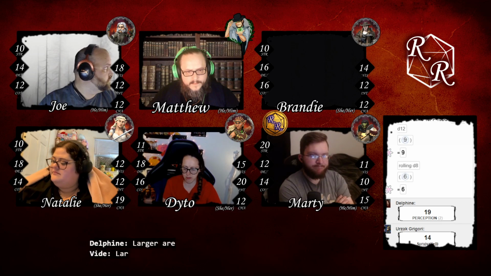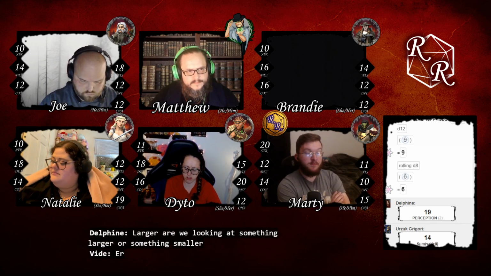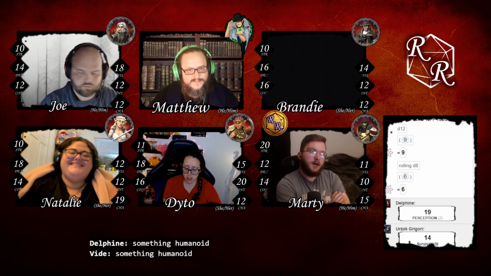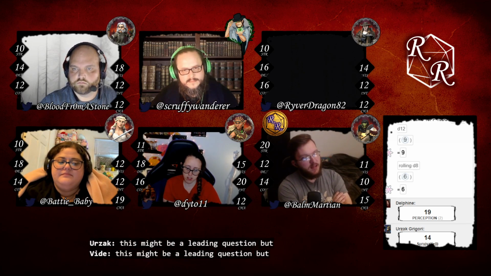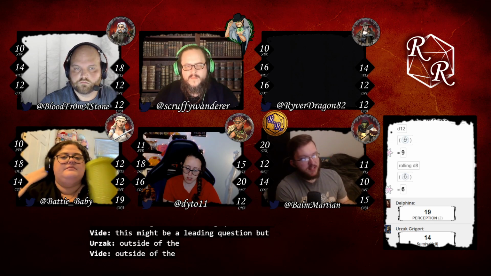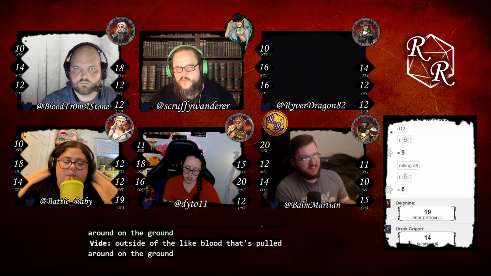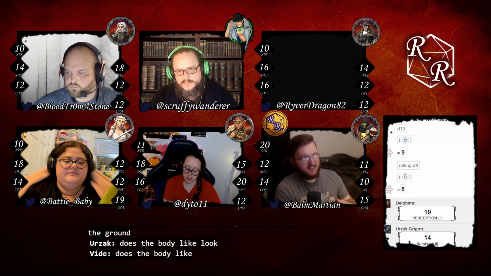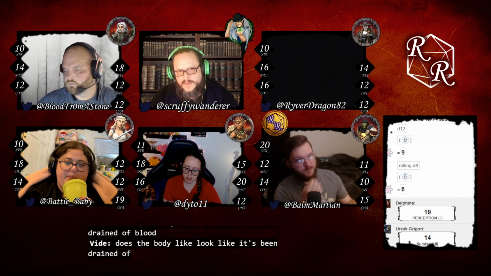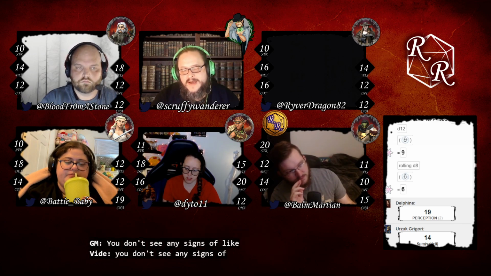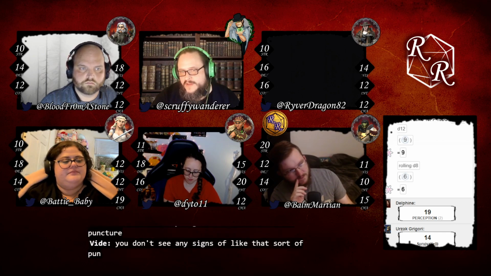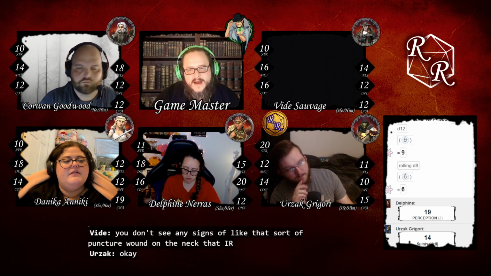Larger? Are we looking at something larger? Something smaller? Something humanoid? This might be a leading question, but outside of the blood that's pooled around on the ground, does the body look like it's been drained of blood? You don't see any signs of that sort of puncture wound on the neck that Ireena had.